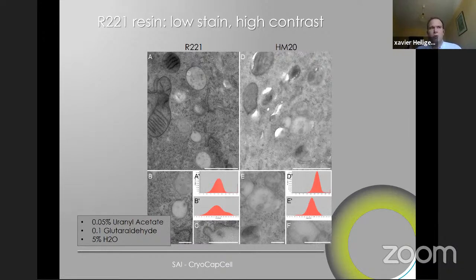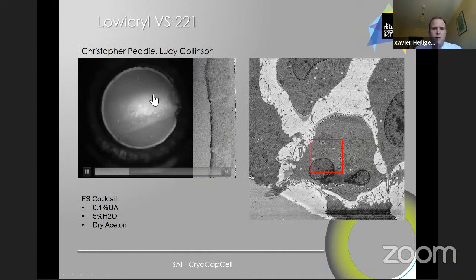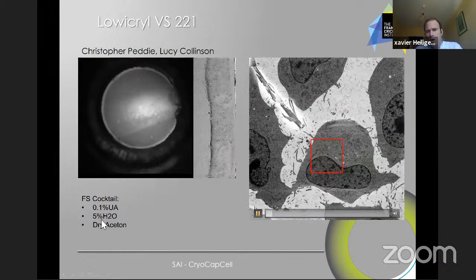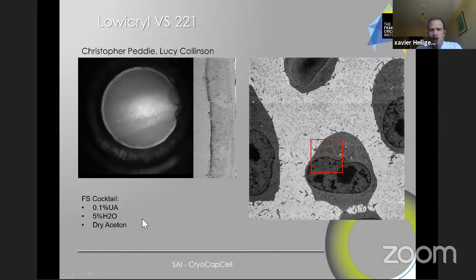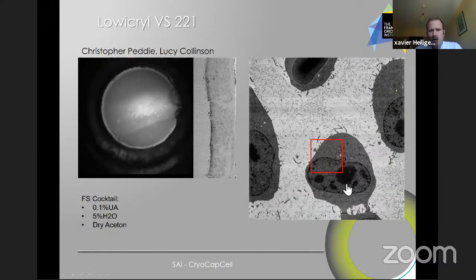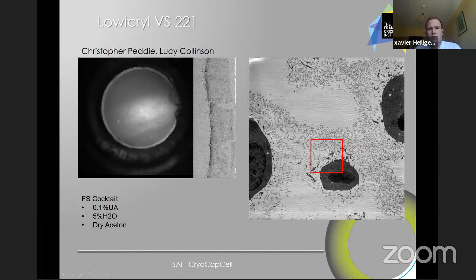So we have already a higher contrast, but can we do block face imaging, which is a critical question. And so here what we can see is a comparison. This is the block surface, which is observed by scanning electron microscopy in serial block face imaging. That's why you see things dancing. And this was done with Lowicryl HM20, the widely known resin. Here on the second video, this is exactly the same freeze sub conditions, so a bit higher amount of UA, no fixatives, 5% of water. And this is the kind of contrast you can obtain from our same sample block.